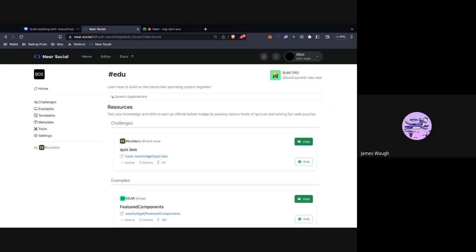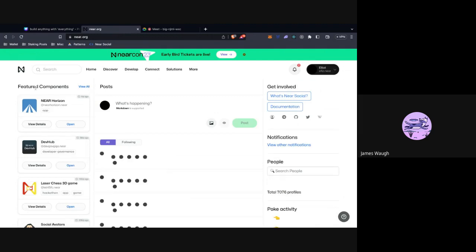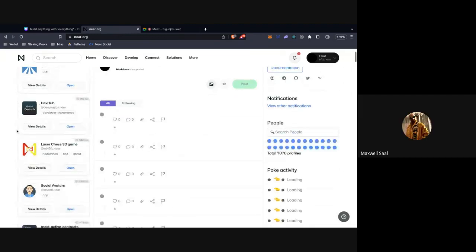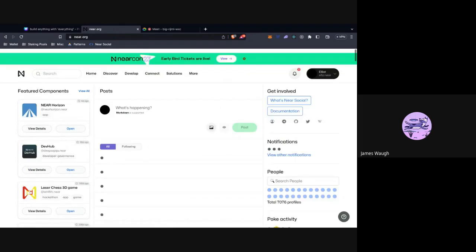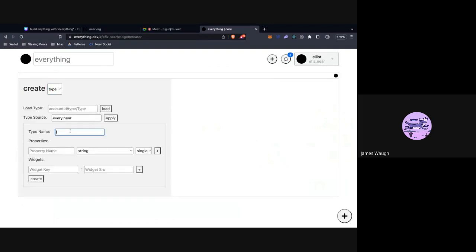I have an idea for a campaign to bring awareness to this challenge and help solve the real underlying problem. It has to do with the featured components on the homepage of near.org, because they're not updated on a regular basis, and we don't really have a clear process for it. Who runs that page? Do you know? I actually think it's just under the root near account. So I honestly don't think it's been updated since near.org launched.